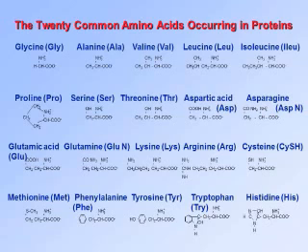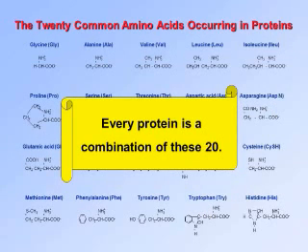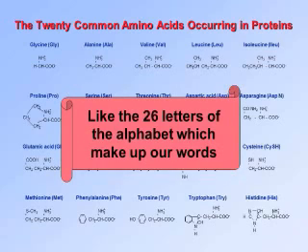Have I paused long enough? Every protein is a combination of those 20. It's just exactly like the 26 letters of our alphabet. Every word in English is made out of those 26 letters. Right? It's some combination of those 26. There are no other letters in English. In protein language, the amino acids are the letters. And so you get strings of amino acids, and when you get finished, a string of amino acids is a what class? Protein.